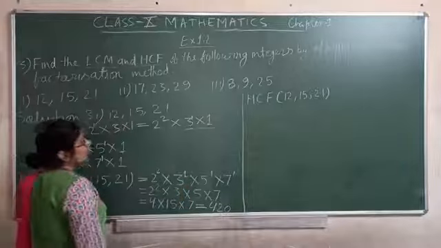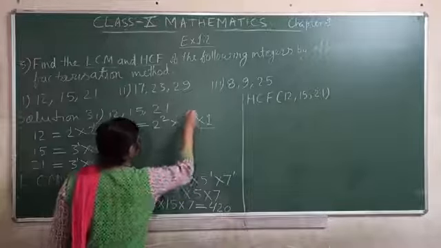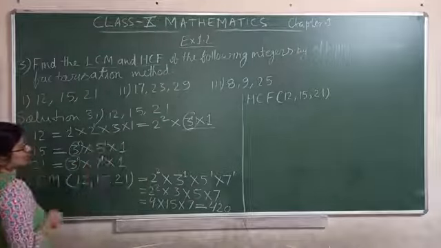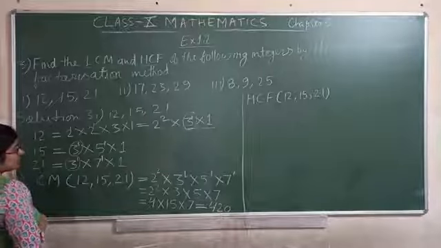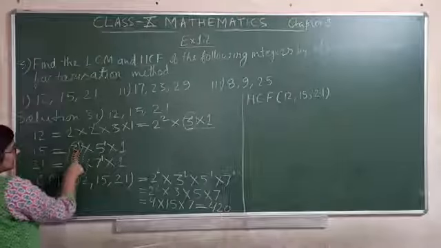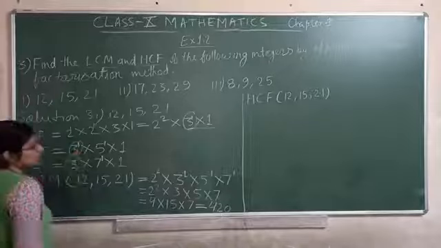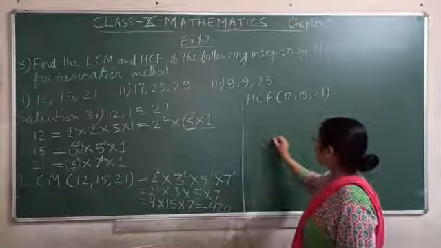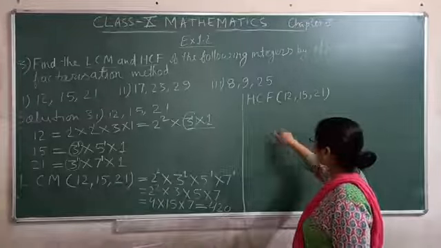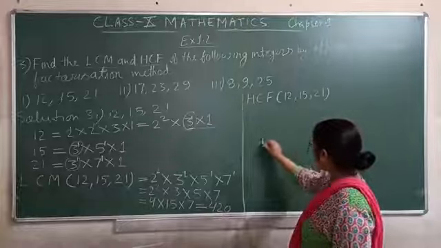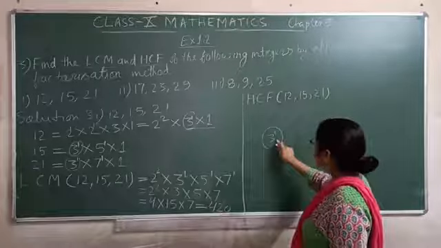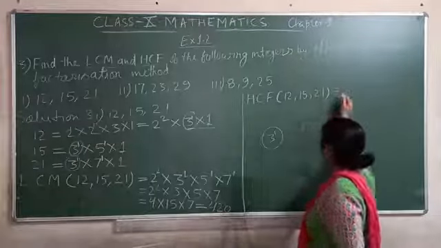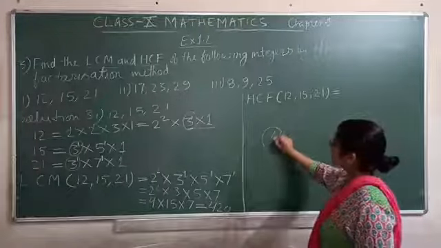Firstly we have to choose the common factor. 3 here, 3 here, 3 here and 3 here. So 3 is the common factor in all, and the power is 1. Here only 3 raised to the power 1. Firstly you have to choose the common factor. What common factor did you get? 3, and 3 raised to the power 1. Now you will see there is only one factor of 3 here, so this will be both the largest and the smallest. So we will write this one, because there is only one factor of 3, 3 raised to the power 1.